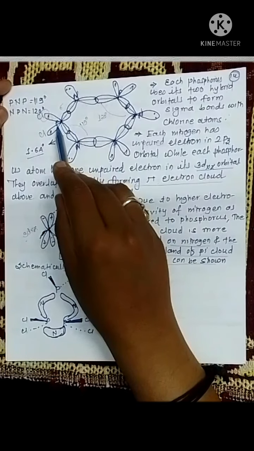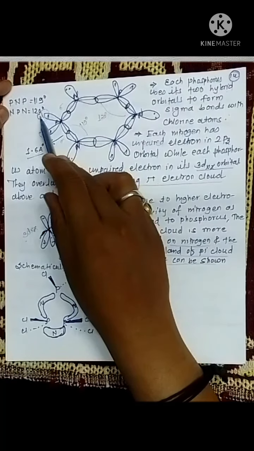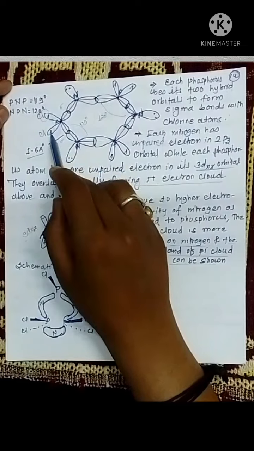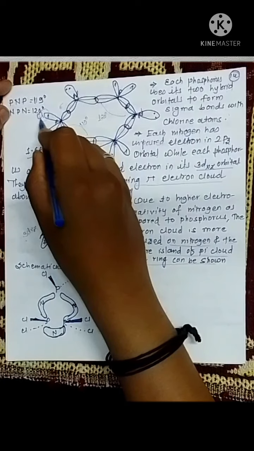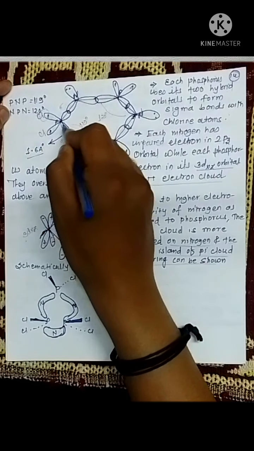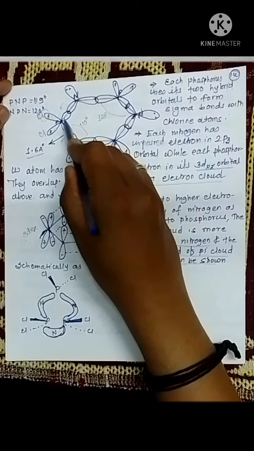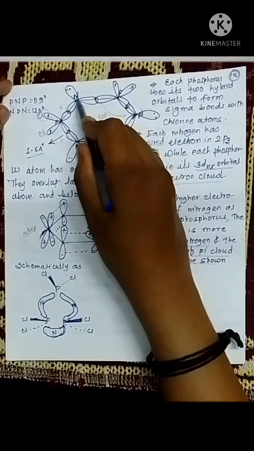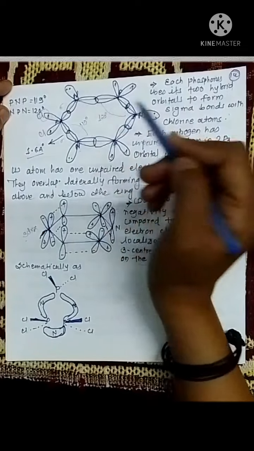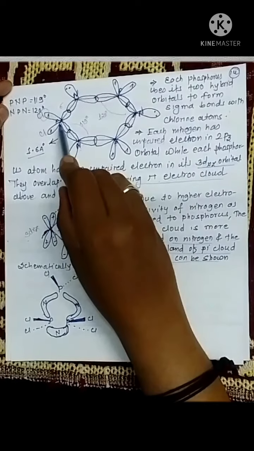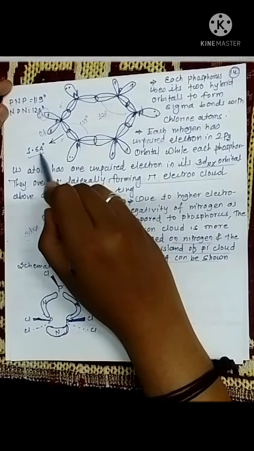that the phosphorus atom has 2 sp3 hybrid orbitals outside the hexagonal ring. These two sp3 hybrid orbitals are used to form bonds with chlorine atoms. So Cl atoms are attached to phosphorus through these sp3 hybrid orbitals, while two sp3 hybrid orbitals are used to form sigma bonds with two nitrogen atoms. So one phosphorus is attached to two nitrogen atoms. The bond length between phosphorus and nitrogen is nearly 1.6 Angstrom.